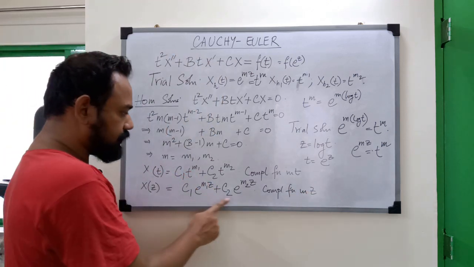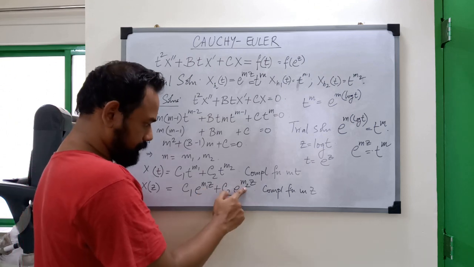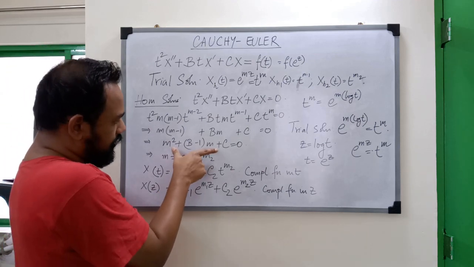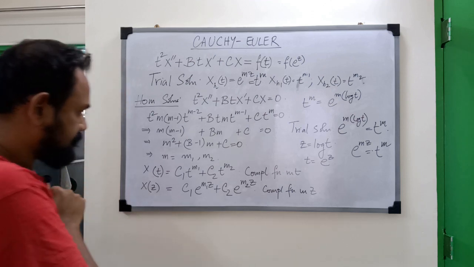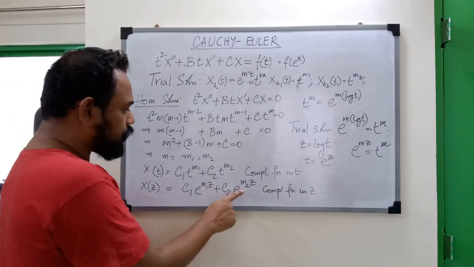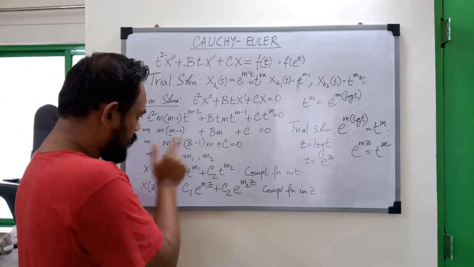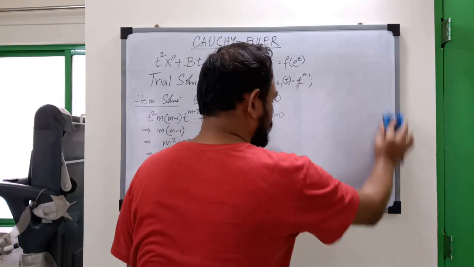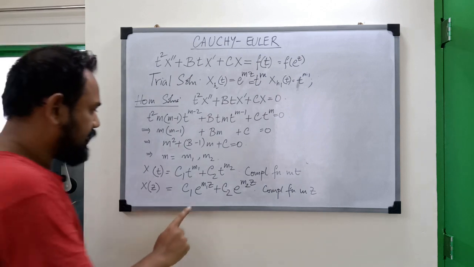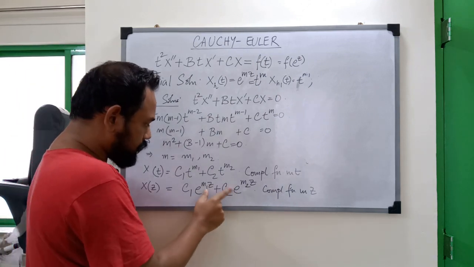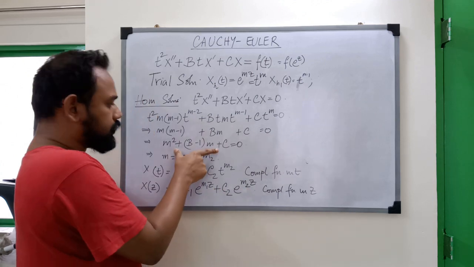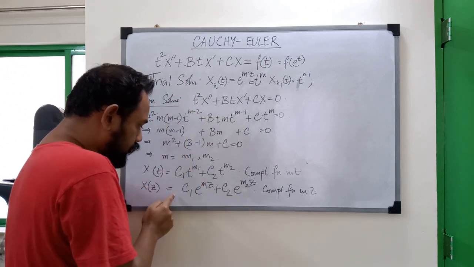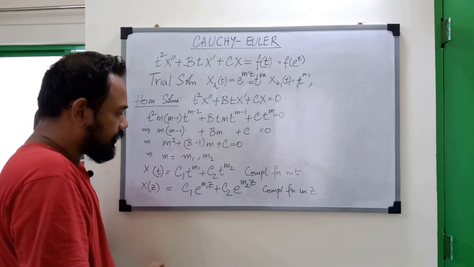So it's a complementary function in z where these two roots, m1 and m2, are roots of this quadratic equation. So if these are the roots of this quadratic equation, let me rub all of this out, you know this now. So come back to the question. If this is the complementary function with m1 and m2 as roots of this quadratic equation, then what would be the differential equation whose complementary function this would be? It would be